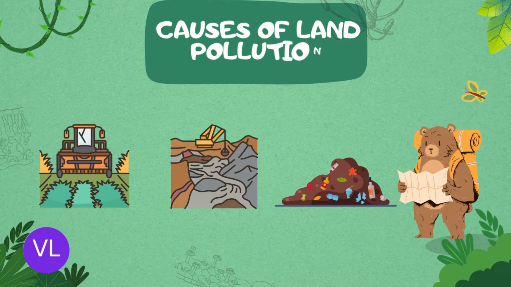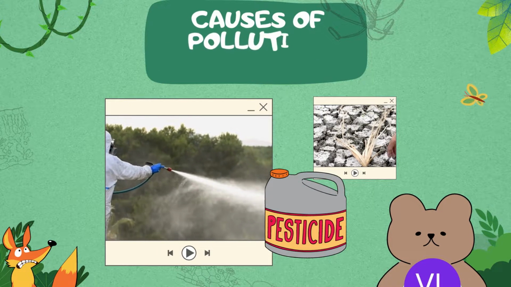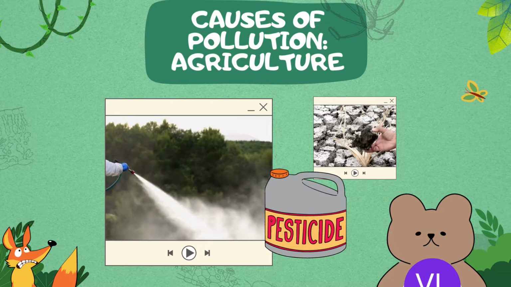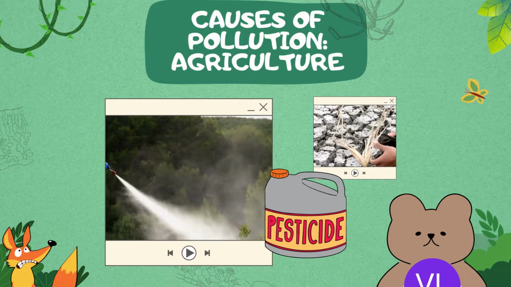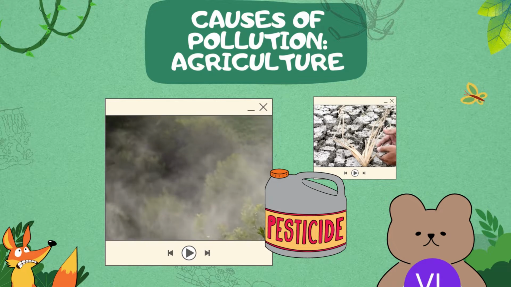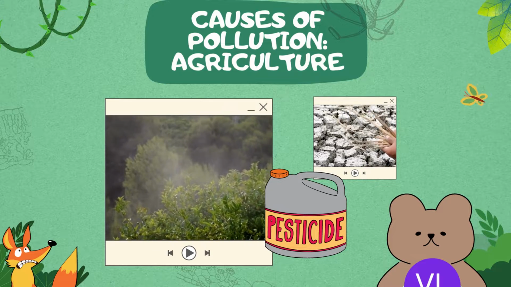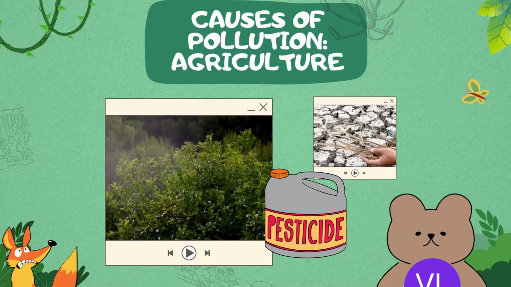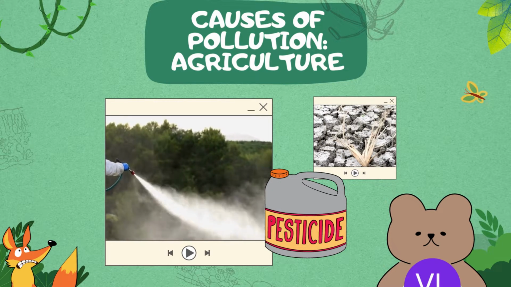Causes of land pollution are mainly from human activities such as agriculture, deforestation, mining, landfills, and waste. In agriculture, the demand for food has increased with the highly growing population. Farmers often use highly toxic pesticides and fertilizers for the production of the needs and wants of the people and to prevent any kinds of bacteria and insects from their crops. As a result, overusage of these chemicals turned out to be contamination or poisoning of the soil